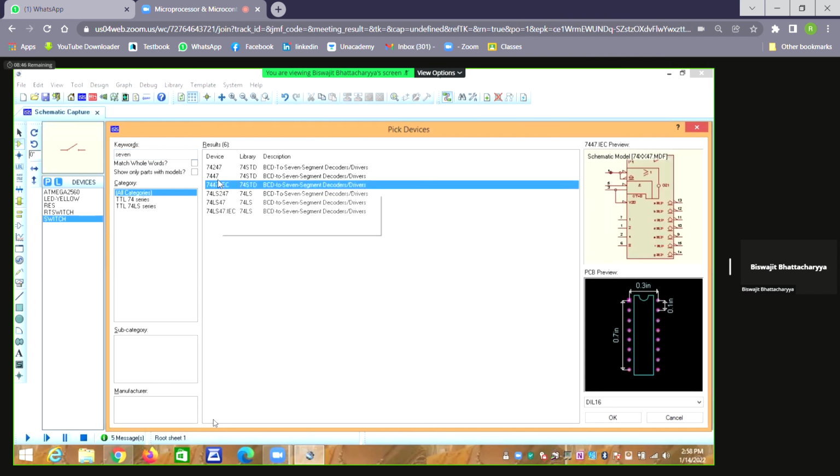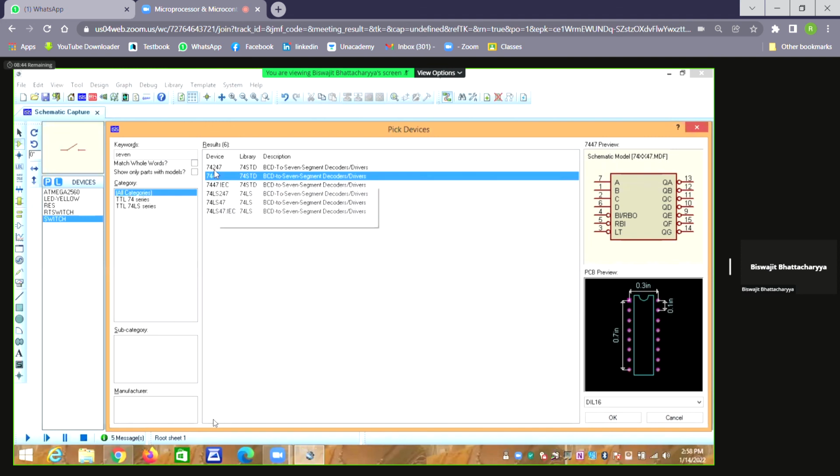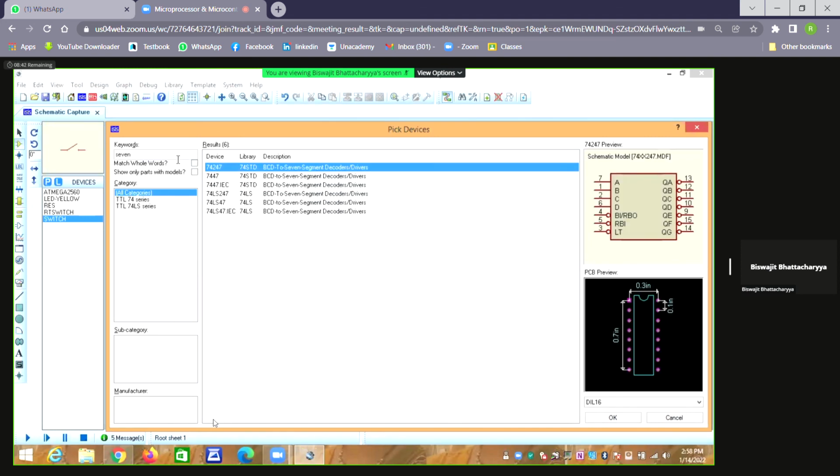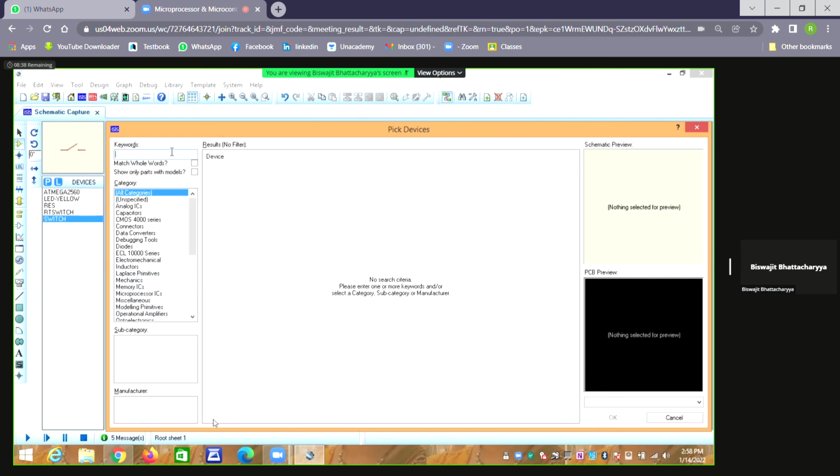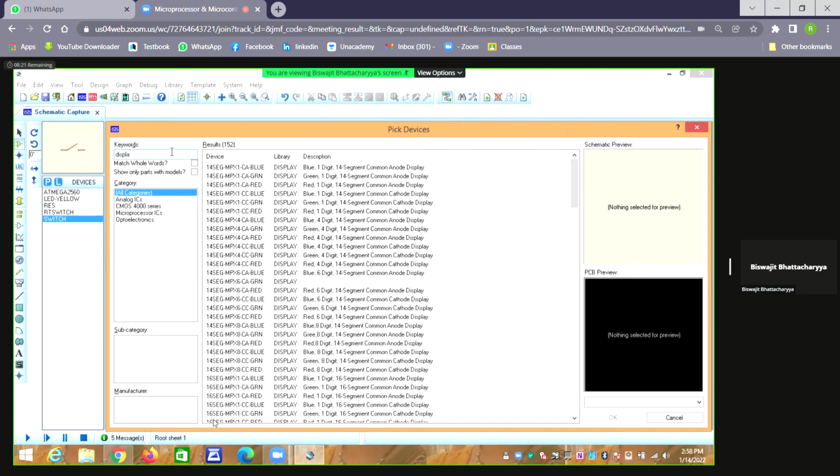There are different YouTube videos available, different things are available on the net. You can search, you can find out. If you search Proteus 8 application, Proteus 8 schematic, Proteus 8 circuit, or how to run Proteus, in some different way you can search, you can get different types of applications.